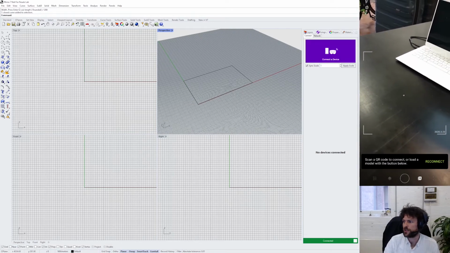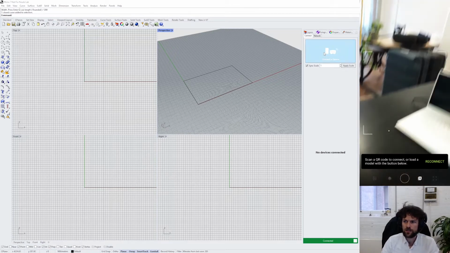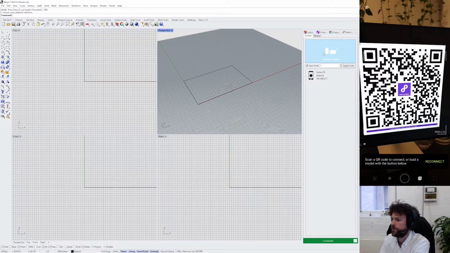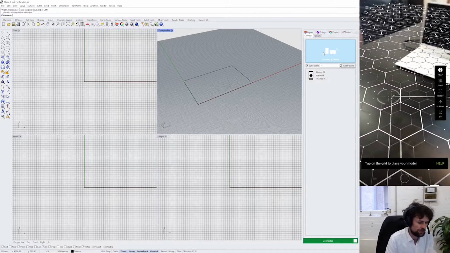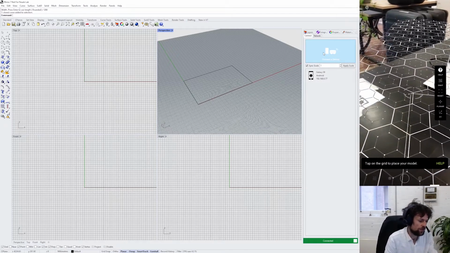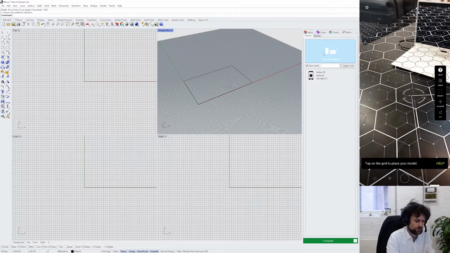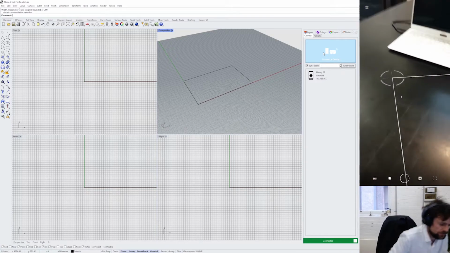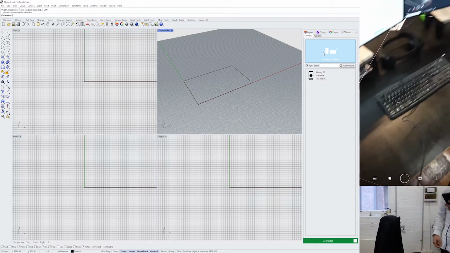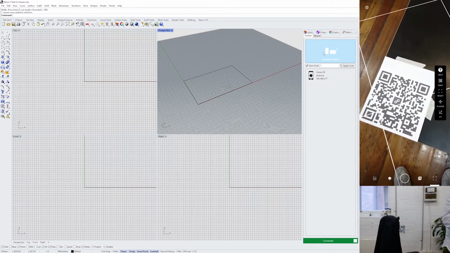So let's connect Hologram and have a look at this model. So from the last tutorial, I was scanning the space quite a bit. So we've already got some obviously tracked features. I'm just going to tap on my black surface anywhere to place this initially. And then we're going to align the model to the QR code